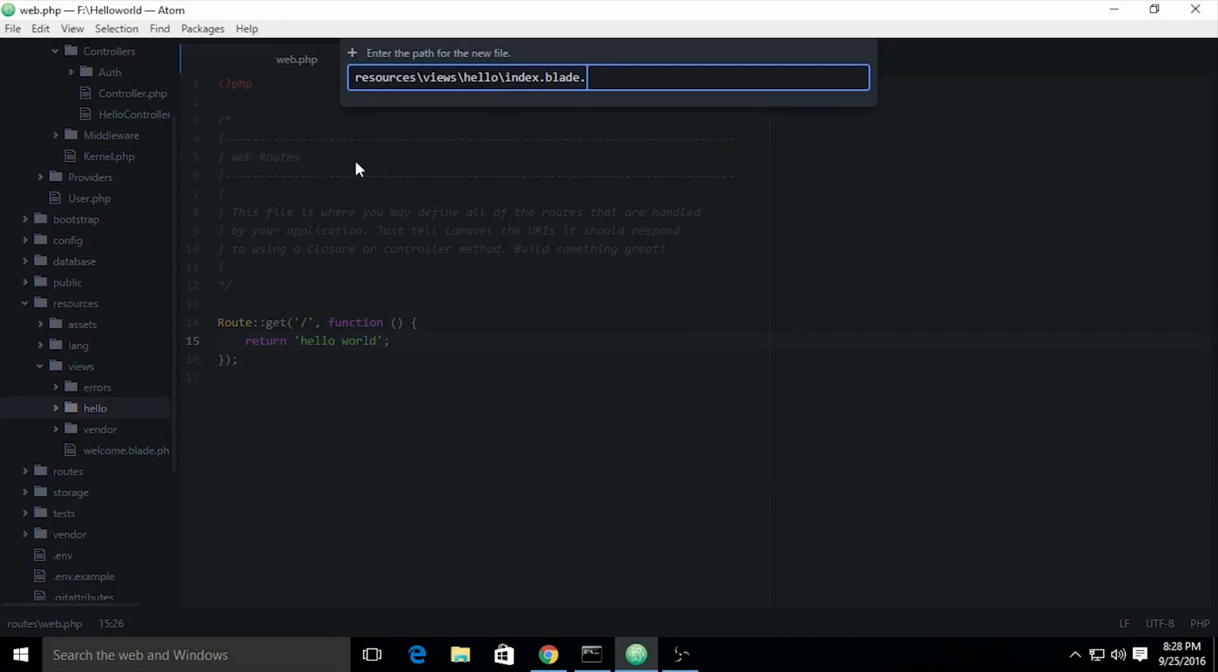index.blade.php. What is Blade? Blade is a web template, and Laravel has a Blade template. But if you don't want to use a Blade template, you can also write plain PHP. But I recommend using Blade because there are a lot of benefits to using Blade. So I will show you. I will make the file named index.blade.php inside the hello folder,